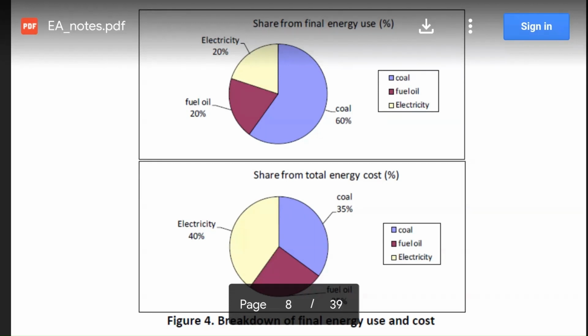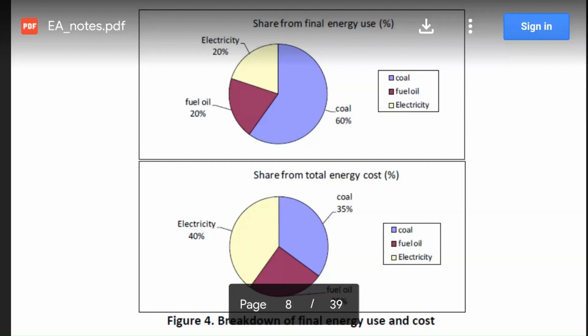It can be simply drawn. First of all, in a circle there are 360 degrees, and the percentage is 100%. So 100 percent is equal to 360 degrees. So 1% is equal to 3.6 degrees. Okay, so if there are say three components as given in the figure, based on the percentage, for example this 60% is given, so this 60% is multiplied by 3.6, we will get some angle,